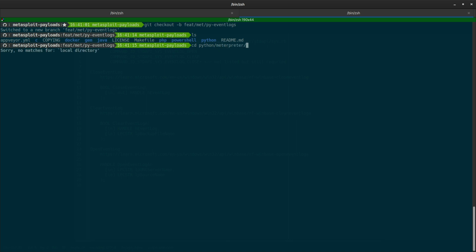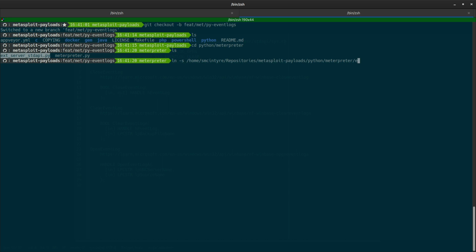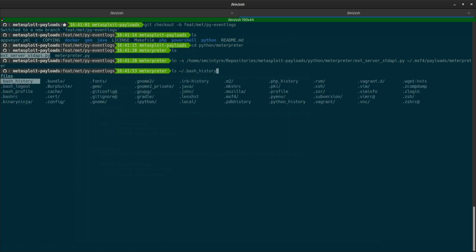So the Python Meterpreter is actually provided by these two files right here. The first thing I'm going to need to do is test this code. Being that we're only working in the standard API today, I need to have a way to load this. So I'm going to do a symbolic link, ln -s. Was it pwd? Okay, so I'm going to target, link name, .msf4 payloads Meterpreter. All right, so what I just did was I created a symbolic link for the actual binary Meterpreter